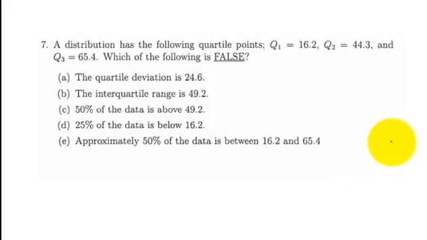Okay, let's start number 7 of this practice final exam. The distribution has the following quartile points. So Q1 is 16.2, Q2 is 44.3, and Q3 is 65.4. Which of the following is false? Now, one thing I